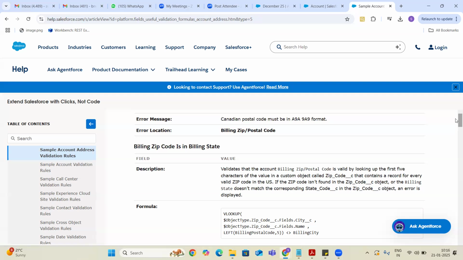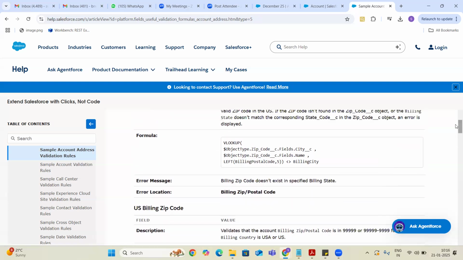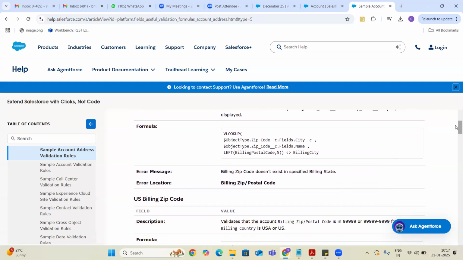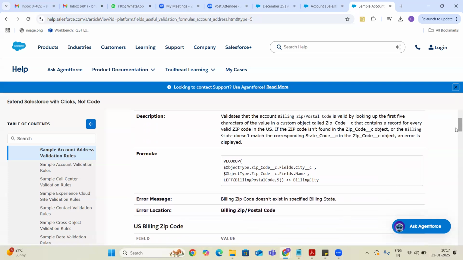The zip code object has two fields, one is city and another one is name. So zip code is a separate object and we are writing the validation rule on the account object.